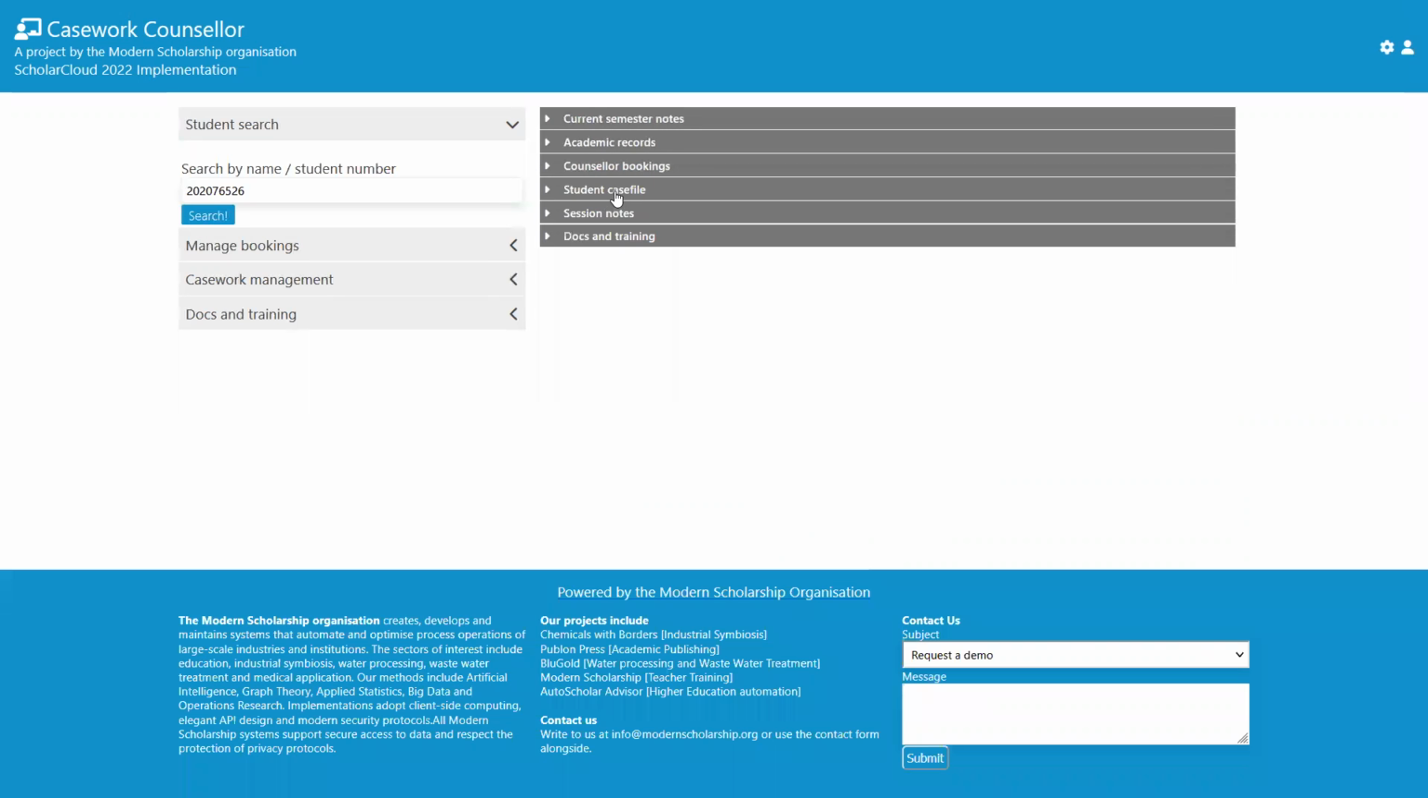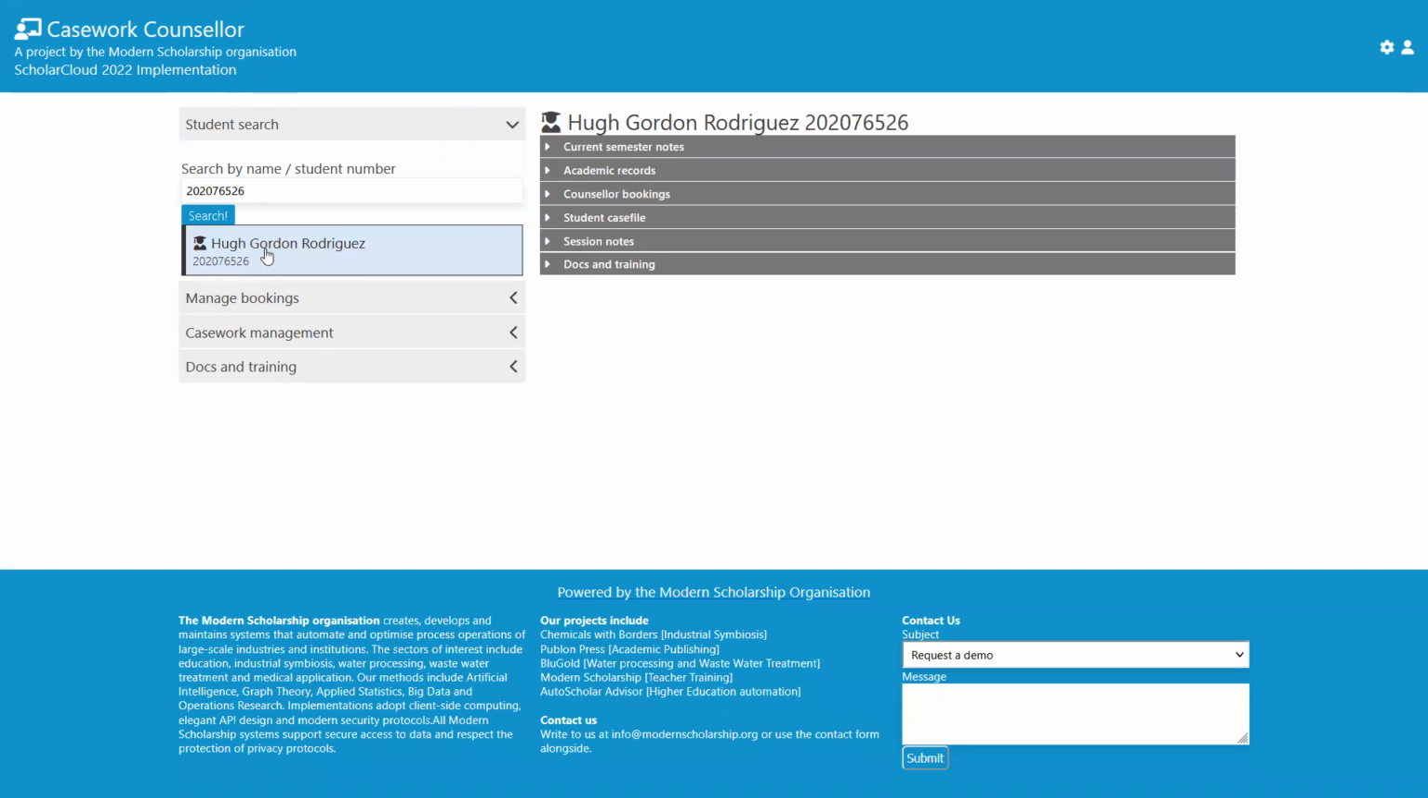We'll see that that's useful in maintaining student case files and for creating session notes, and we'll look at what that means now. To search for a student here in the Casework Counsellor, you can enter the student number or some fragment of the student name and so on. If we click on search, we've specified a complete student number here, so that's loaded up. And of course, this is a simulated student in the Scholar Cloud